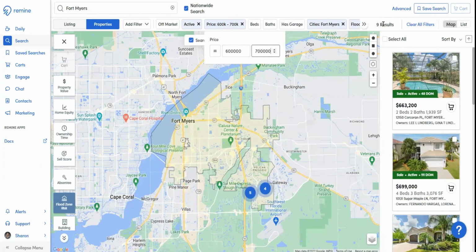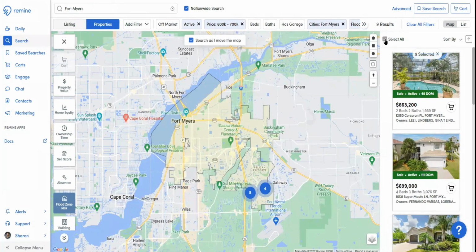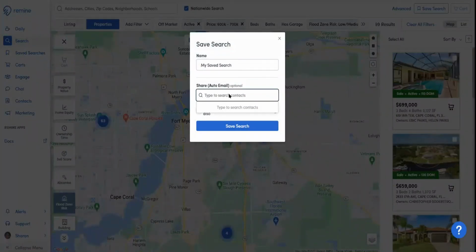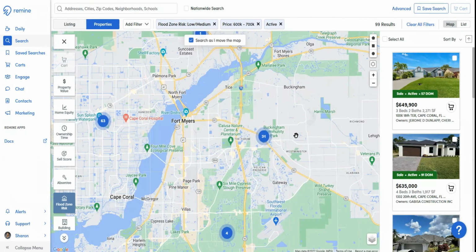So we've got 9 results that are in a low flood zone area. So if I want to send these to my customer, I can click select all, save the search. So I can type in the email address of the recipient here. I can copy myself in on that email. I think that pretty much covers